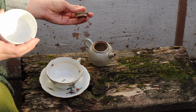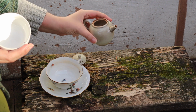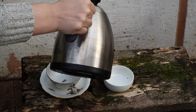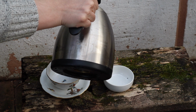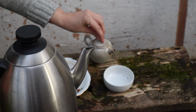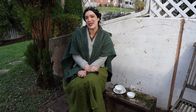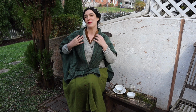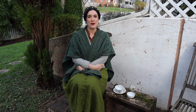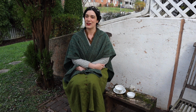I'm going to put them in this little perfect 1-cup teapot, and then we can just pour some boiling water over our tea and let that steep for a few minutes. And of course the sun is starting to come out. It's very chilly this morning. A perfect morning to have a nice warm cup of tea inspired by what I think is rather a quintessential